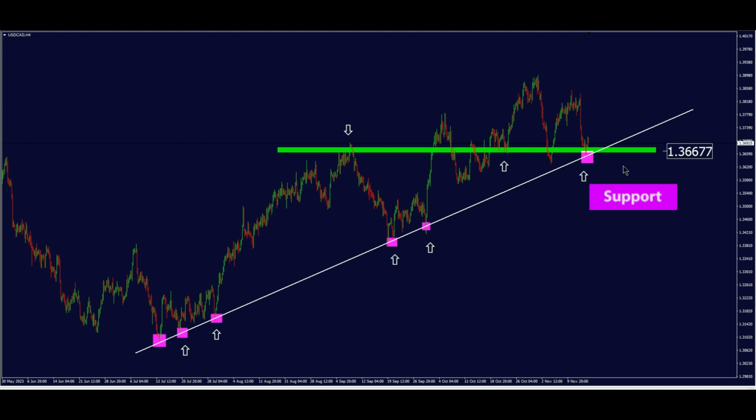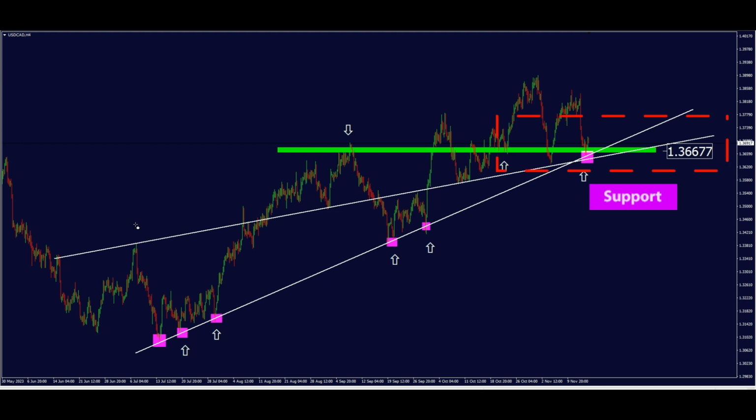Let's see another method in this pair. Okay, look at this median line here, and it's a good median line, and it shows here is perfect support for USD CAD 240-minute chart, and